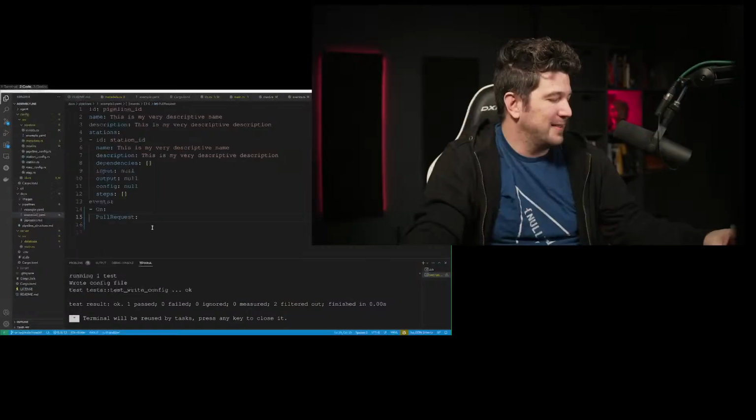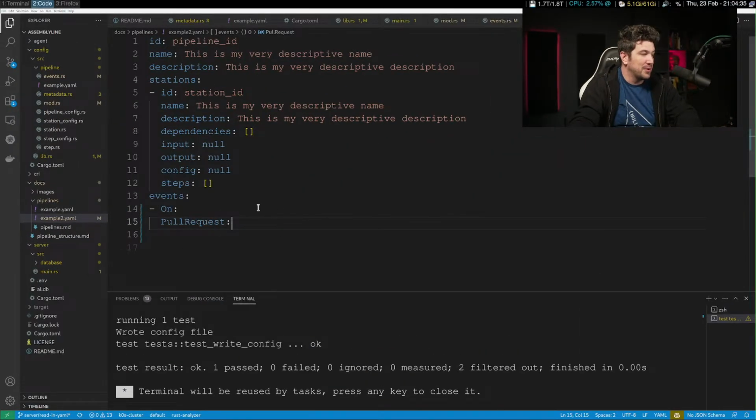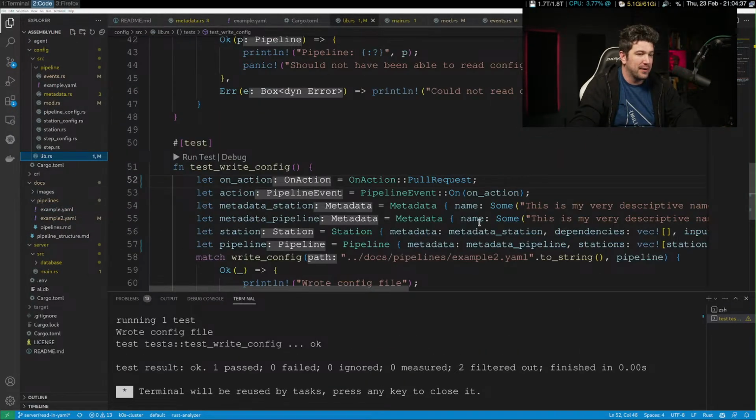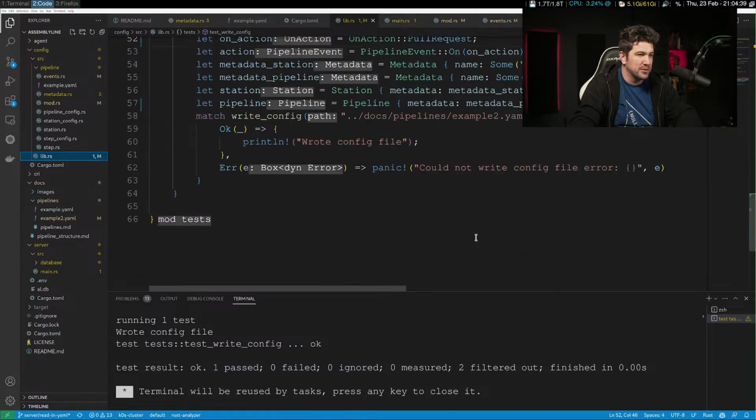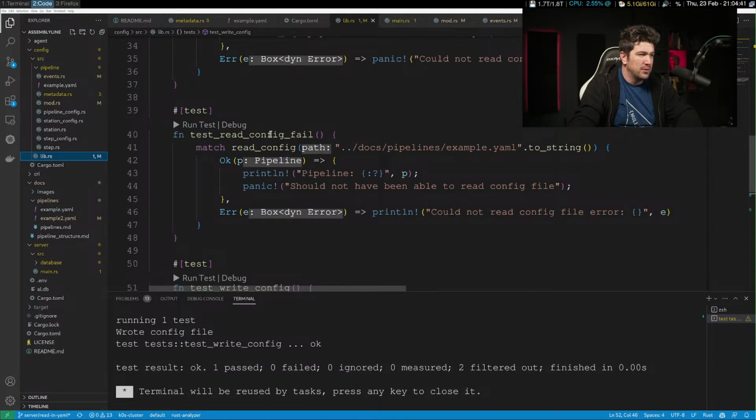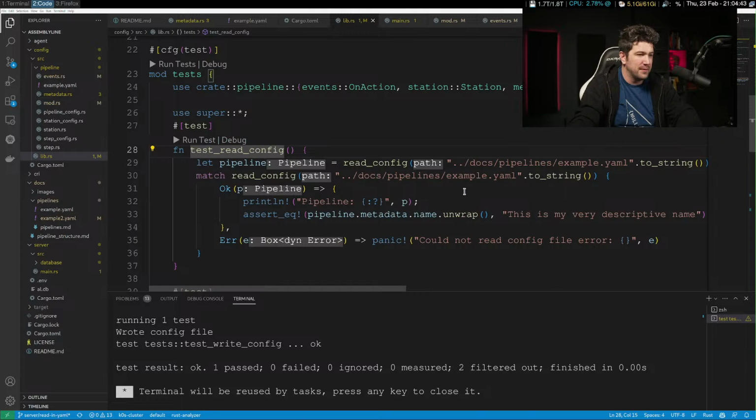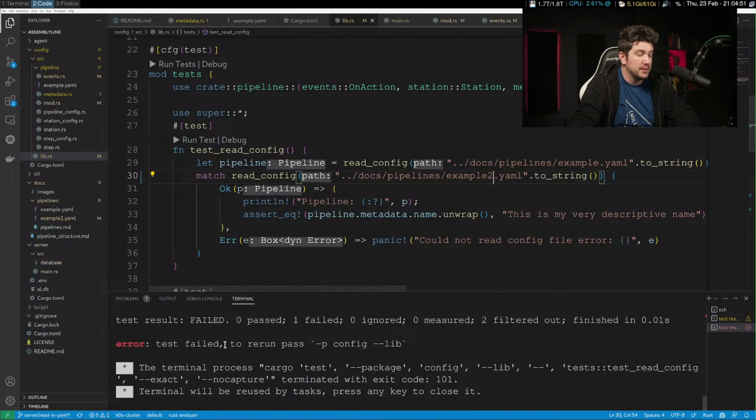All right. So I wonder if this right here serializes in. That's what I'm going to do right now. We're going to just hop back over here. We're going to flip this over to 2. Read config. We're going to put this to YAML 2. And we're just going to run with this. Run test. Failed.